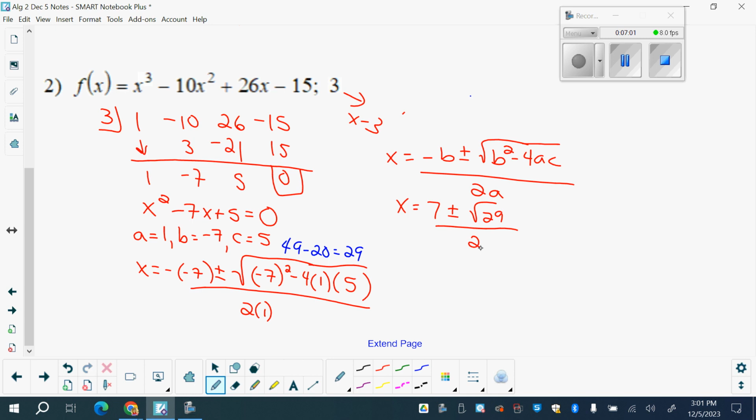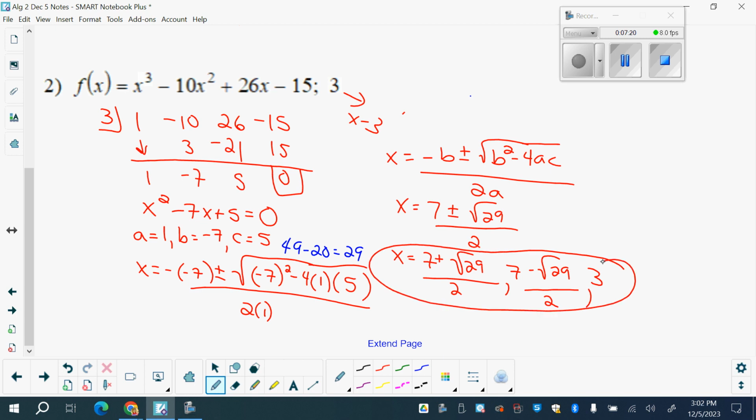So our solutions would be 7 plus square root 29 over 2, 7 minus square root 29 over 2, and 3. And if you wanted to write that as a plus or minus on that quadratic formula, that would be fine. Okay, go ahead and do the